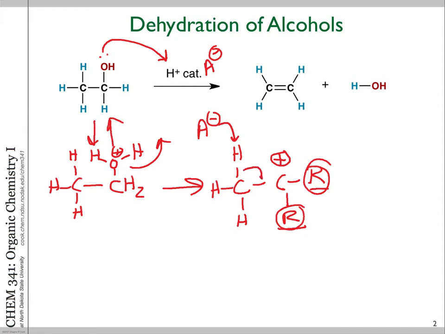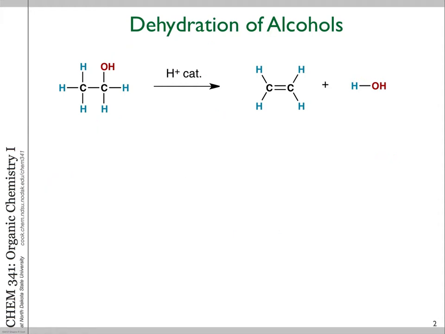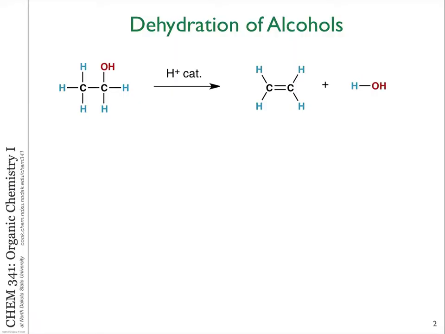At the same time, the double bond is formed by pushing the electrons down to satisfy the plus charge, and that forms our double bond. Again, under acidic conditions, this is an E1 reaction mechanism. The formation of carbocations really can only be done under strongly acidic or even neutral conditions potentially, but certainly not under basic conditions. So if you recall this reaction, there are a lot of aspects to this elimination reaction, this dehydration of alcohols. If we take a look at some of the details of that,